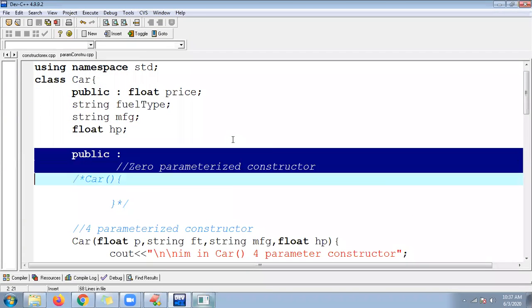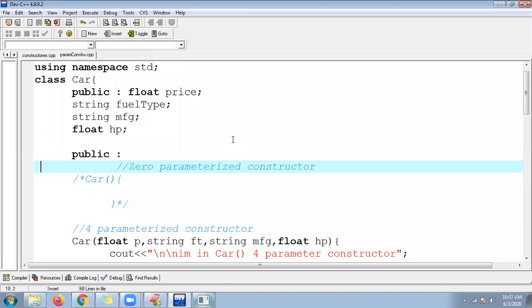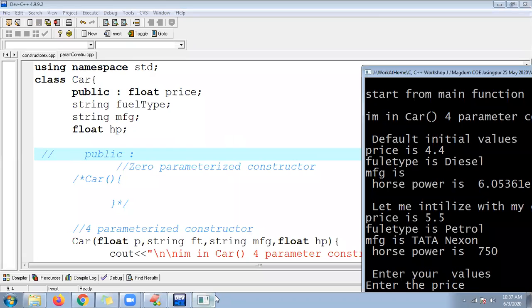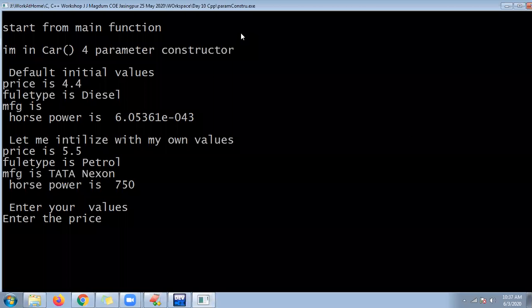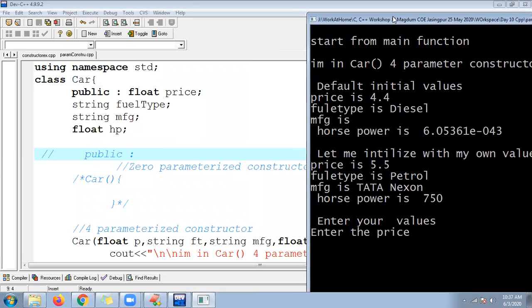Public. Okay, let me keep it in comment. Control F9. Control F10. Let me show you why the name is not initialized. It is going for the next value, but not initializing.